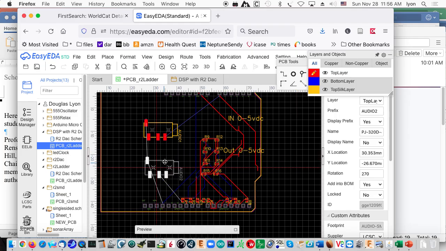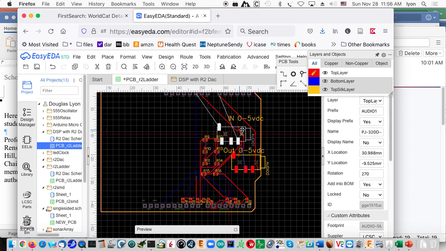We'll bring the audio output to right about here, and we'll bring the audio in right about to here. And then, thinking about this, why don't we take the audio in and put it on the left,